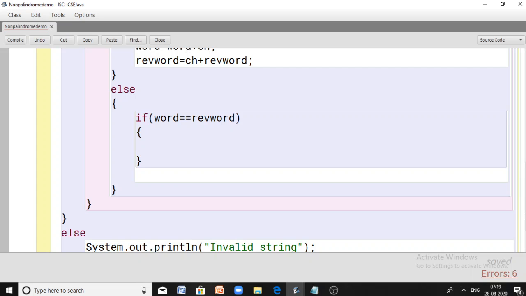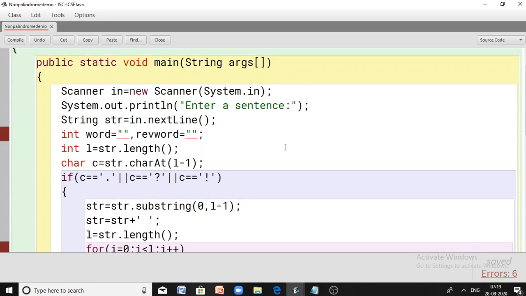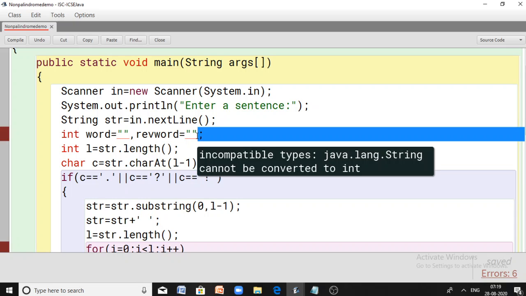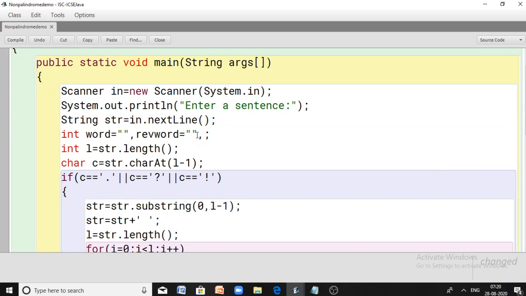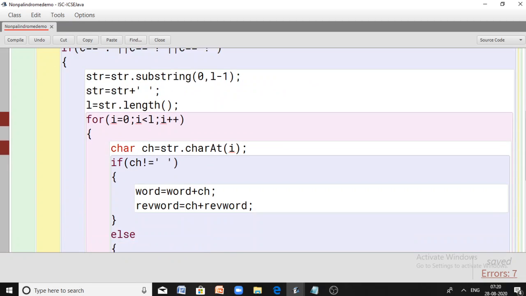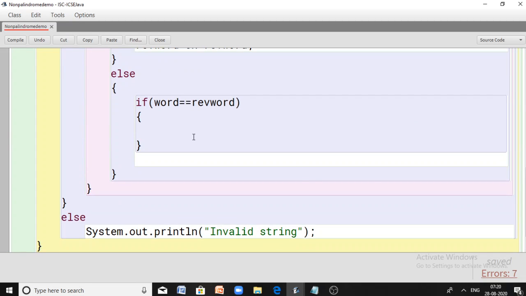Already it's a palindrome. So let us have another string variable denoting the final sentence. So str final, that is also empty, right? Now let us come back. Suppose the given word is already a palindrome, just add it with str final, that means the final sentence directly.